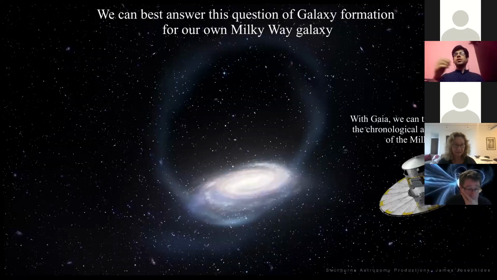But of course, we have the maximum amount of information for our own Milky Way, so we can best answer this question for the Milky Way itself, especially because of Gaia, since with Gaia we now have velocities for many stars in our galaxy. And with this velocity information, we can perhaps also try to understand the chronological accretion history of the Milky Way. So not just the number of accretions that took place, but also in which sequence in time those accretion